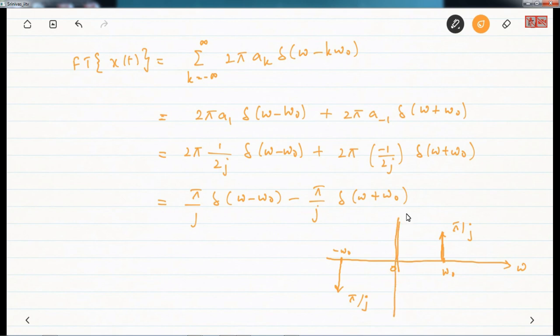Because this is your x of j omega, the Fourier transform of x of t. So the Fourier transform of a sinusoid has only two impulses: a positive impulse at omega naught, and a negative impulse at minus omega naught,